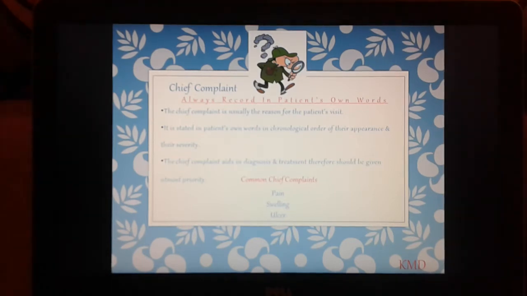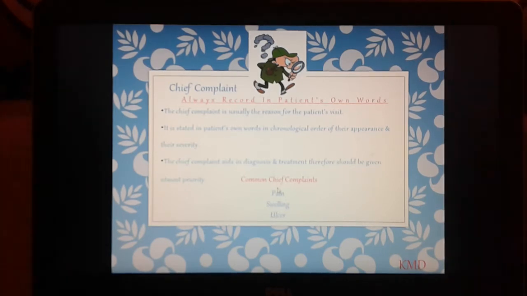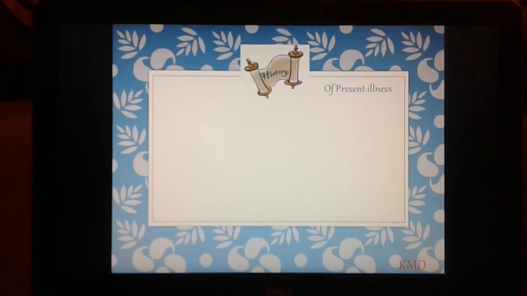It is also stated in the patient's own words in chronological order of their appearance and their severity, which I already told you. And the most common chief complaints are pain, swelling, and ulcer. Pain in itself is a very large aspect, so let me not get into it because it may deviate us from the main topic. Moving ahead to the history of present illness,